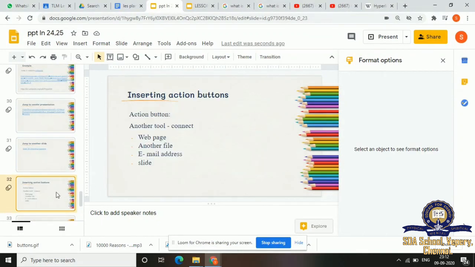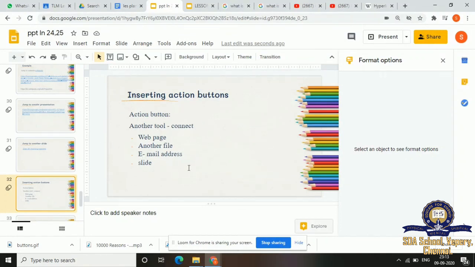Now, inserting action button. So what is action button? Action button is also similar to hyperlink. You can also use this as a connecting tool. This is another tool like hyperlink to connect with web pages, some other file, email address, slide, and so on. So for all this, you can use action button.